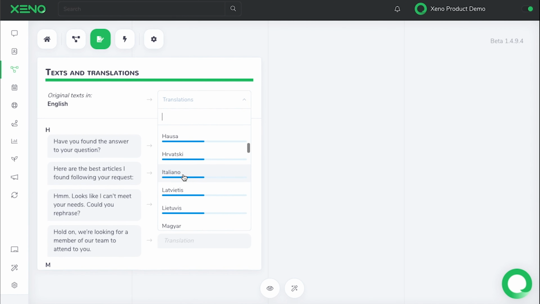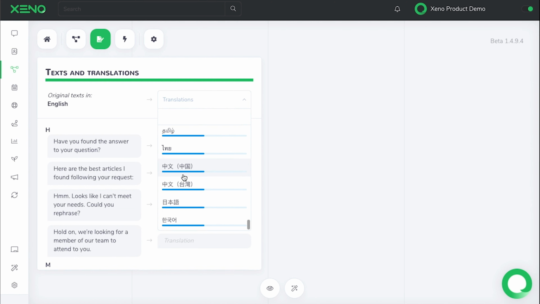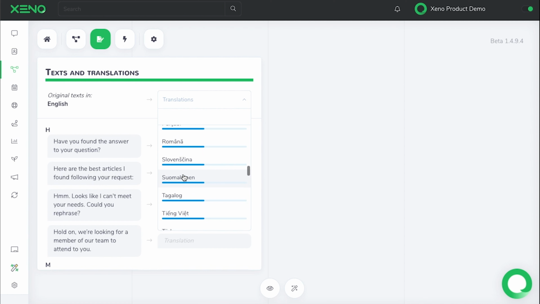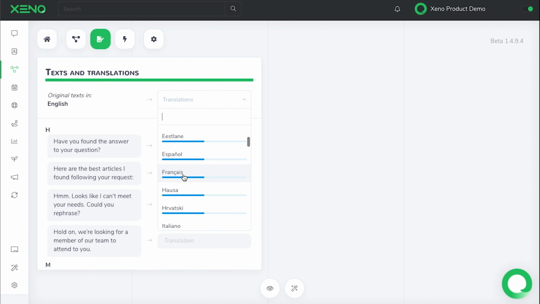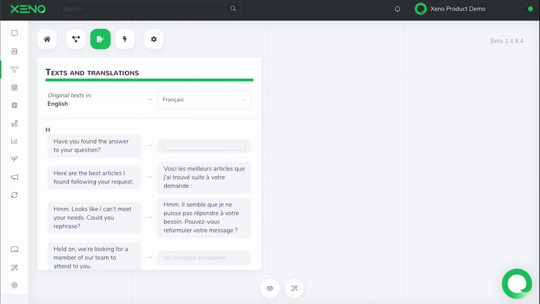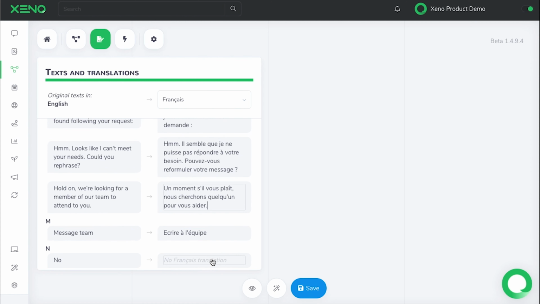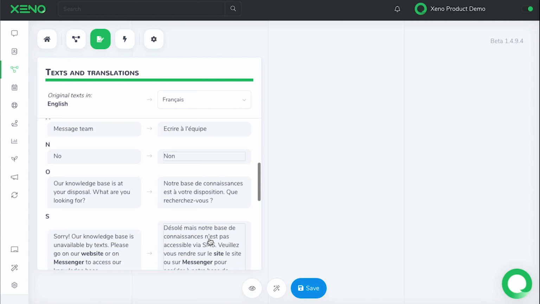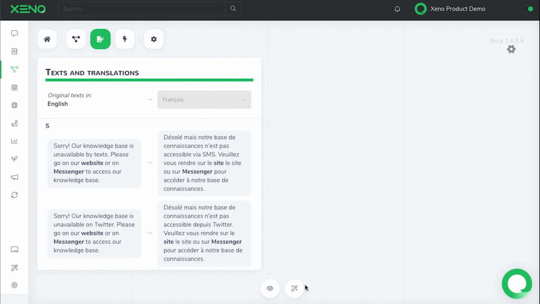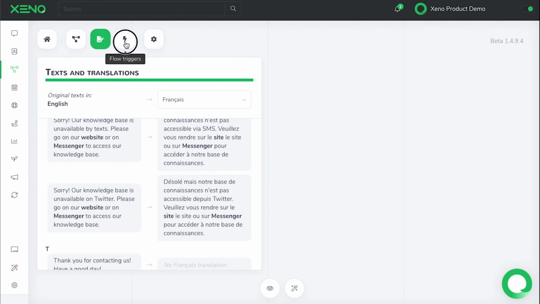Here you can manually type the translations for all available text so you can ensure correct wording in your desired language. Bear in mind that you can build your flow with text in any language. Yes, you heard that right. Zeno is so powerful that it supports over 50 languages. So wherever you are in the world and whatever language you speak, you have the opportunity to create custom conversational experiences. Communicate in your own language, and have the contacts receive the response to their questions in their own language. This is what makes Zeno so unique and powerful, you guys, so don't hesitate to try it.